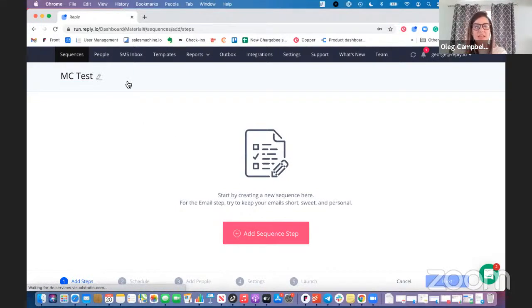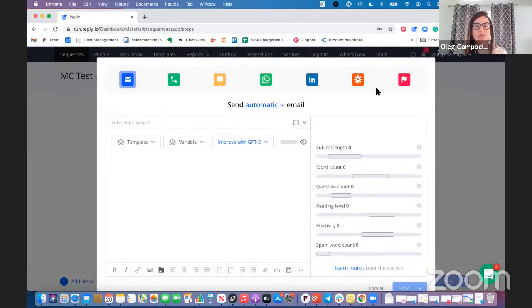So like I said, these are the options that you have when you're creating a multi-channel sequence. The default will be email, but like I said, we have the cloud call option. This is SMS. There's a WhatsApp option, a LinkedIn option. This LinkedIn option is semi-automated, and we'll get to that in a few minutes. With the LinkedIn option, you do have 4 options that you can choose from. You can choose a view profile, a connection request, a message, or an end message.